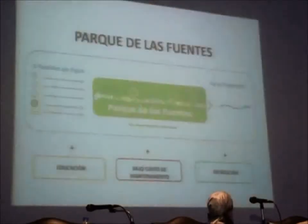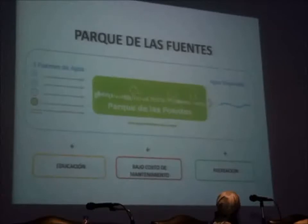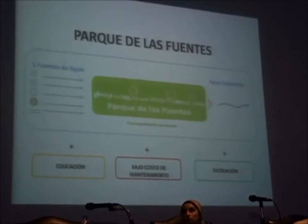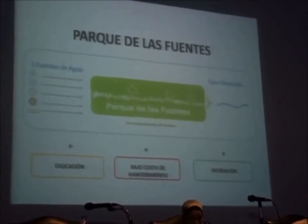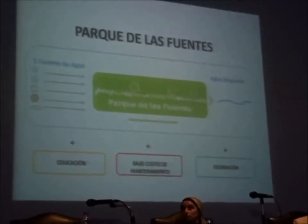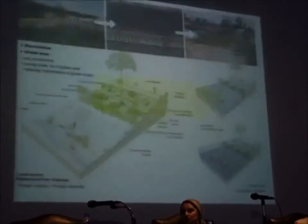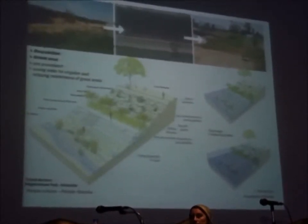And it was a final presentation together with the students and the inhabitants, explaining the use of these systems and the potential of how they could be developed in the future. So we are now trying to catch up on this and to think about these different springs of water. We called it the park of the different springs of water, and how to deal with these in order to create different landscape systems that make use of the potential,